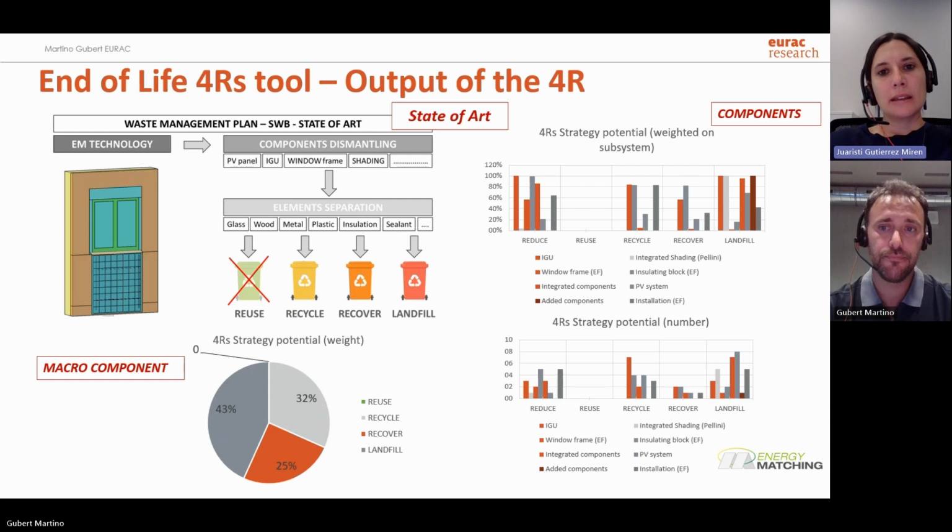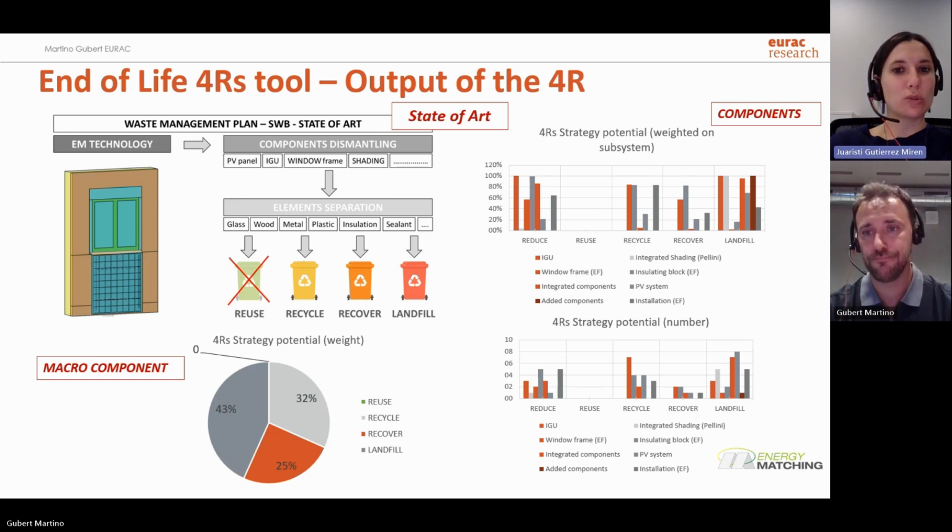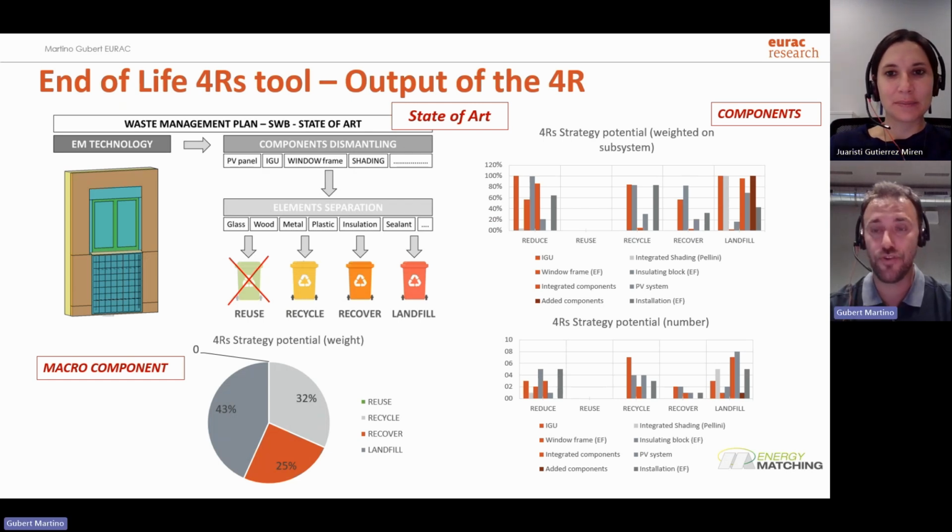I see. Then I think that another use we can make of this tool that you developed is to use it maybe as a checklist if an end-of-life emulation test is performed, and also to evaluate the discrepancies between what you were thinking it would be like in the design phase and the actual end-of-life stage test. Yeah, you're right.